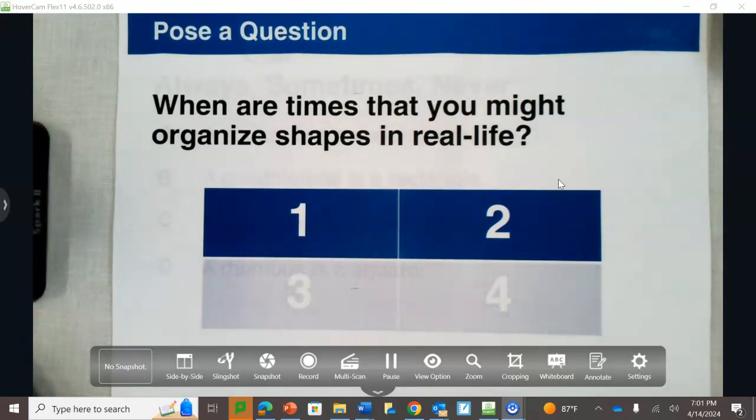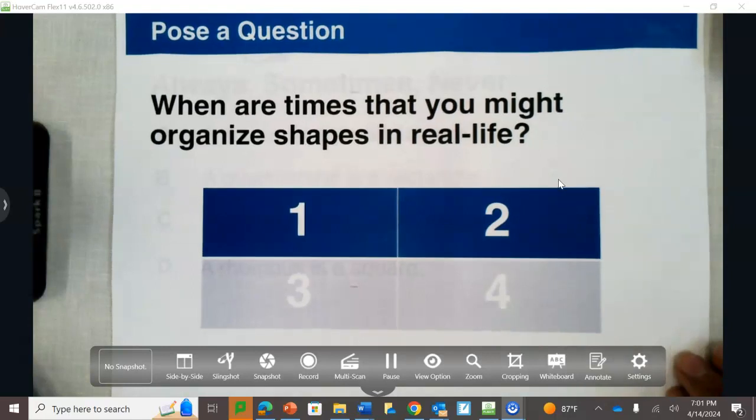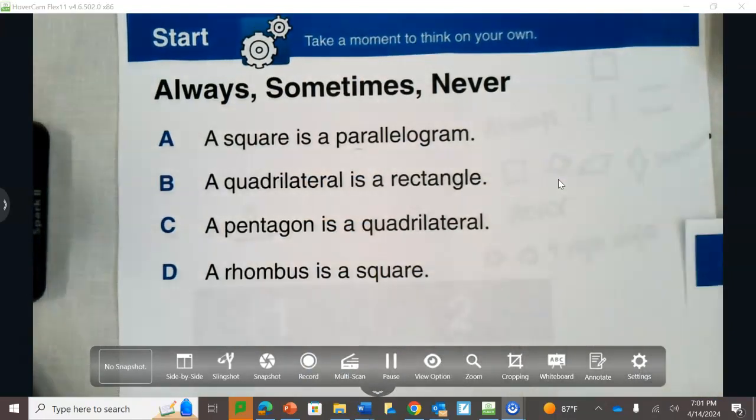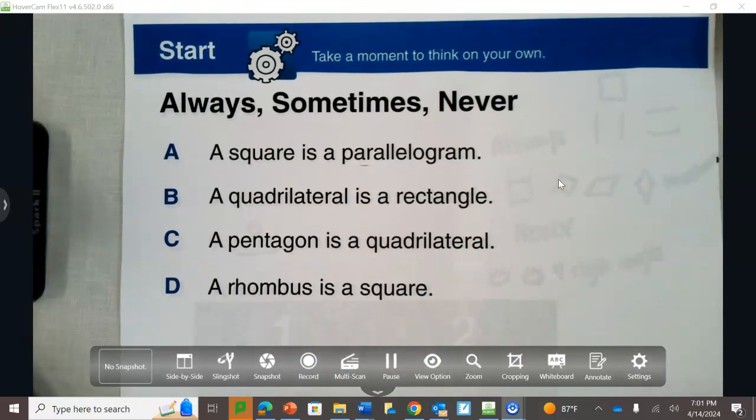Okay, some examples that some of you might have come up with for how you organize shapes in real life are in your bedroom when you're organizing your books or toys, or in the kitchen when you're filling up the dishwasher. I'm trying to think of some other ways, but I'm pretty sure you have some great ideas. So we're going to move on to our activity,